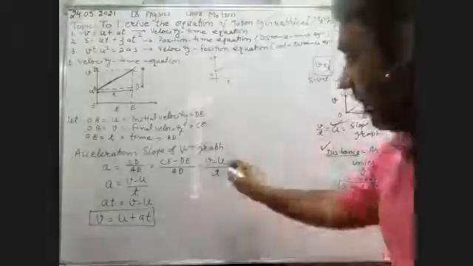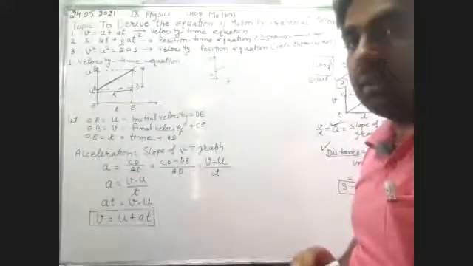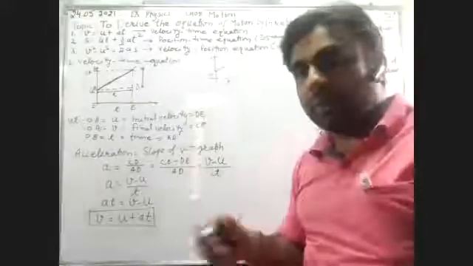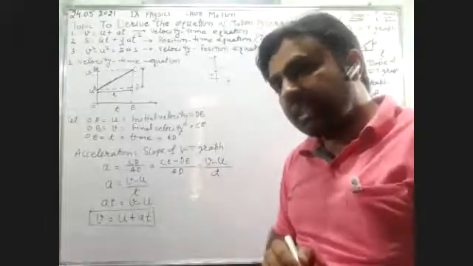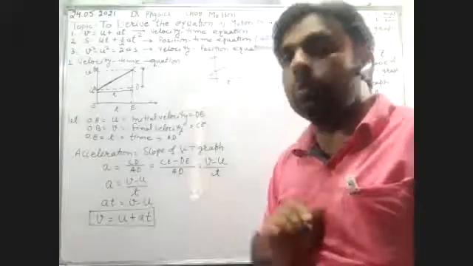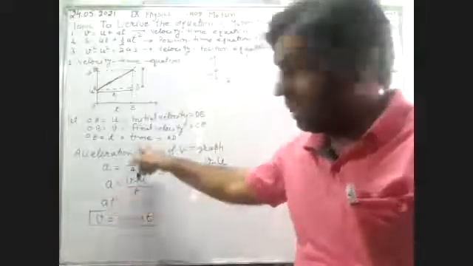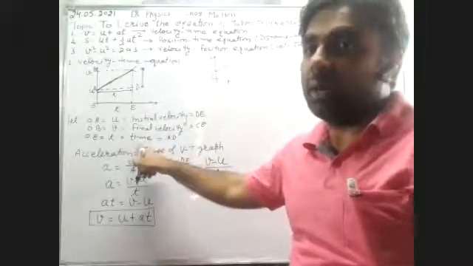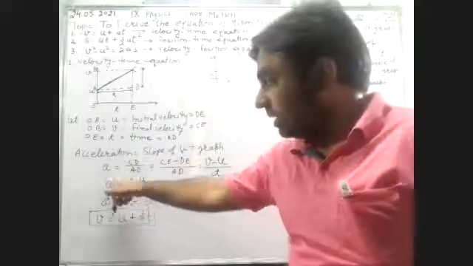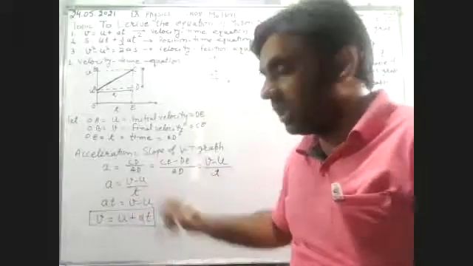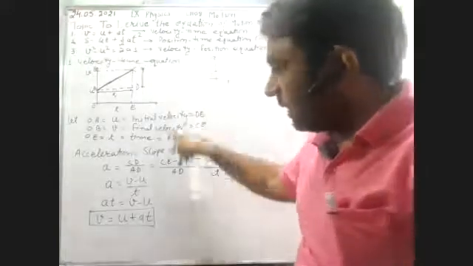We will get V minus U divided by T. What is V minus U divided by T? Do you remember the definition? Change in velocity divided by time. Change in velocity divided by time is acceleration. But we are not using that formula. We are calculating this formula by using the graphical method. Although we have known this formula from the very beginning, when we discussed acceleration, it is nothing but change in velocity by time. But we are not using that equation. This formula comes from the graphical method.